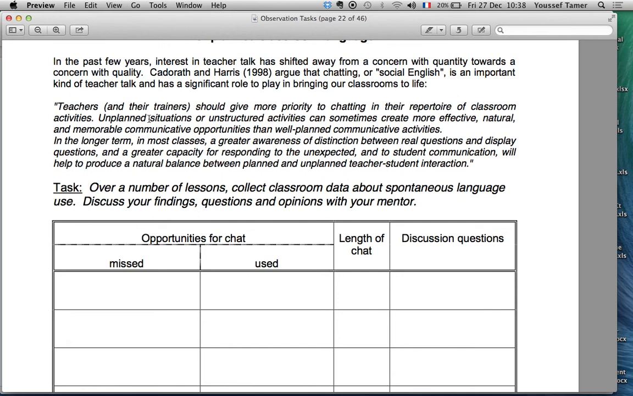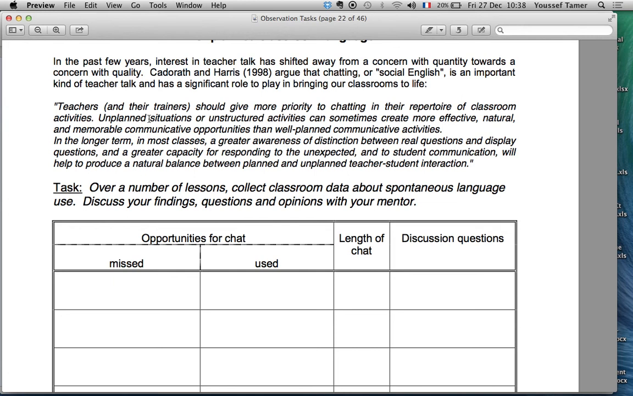Unplanned situations or unstructured activities can sometimes create more effective, natural, and memorable communicative opportunities than well-planned communicative activities. Usually students remember those moments, okay? In the longer term, in most classes, a greater awareness of the distinction between real questions and display questions, and a greater capacity for responding to the expected and unexpected in student communication, will help to produce a natural balance between planned